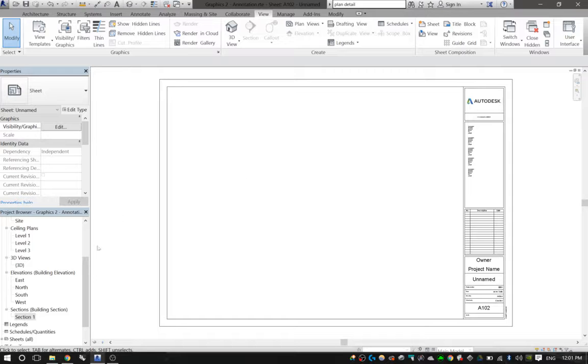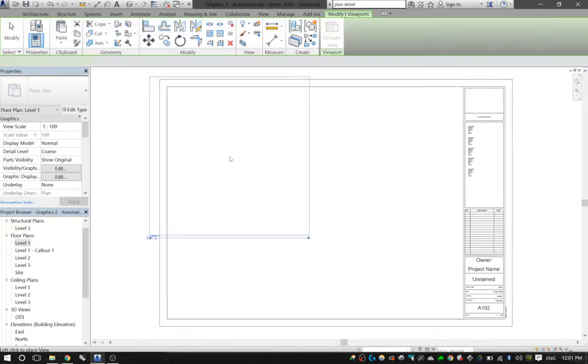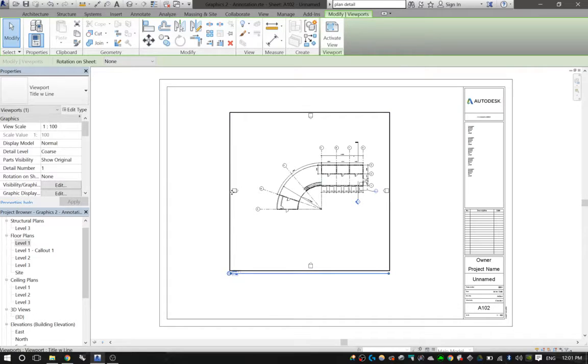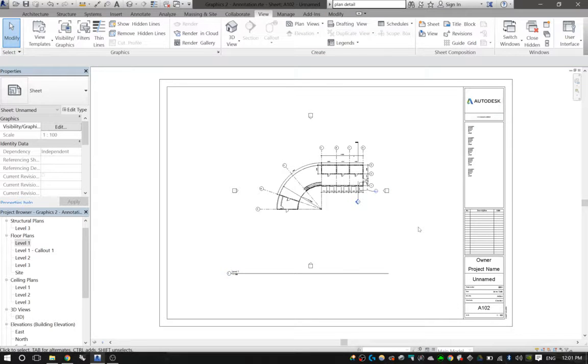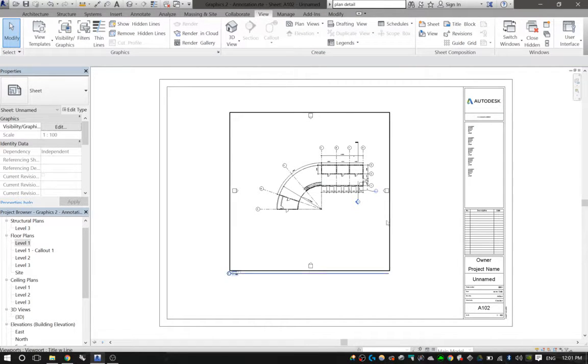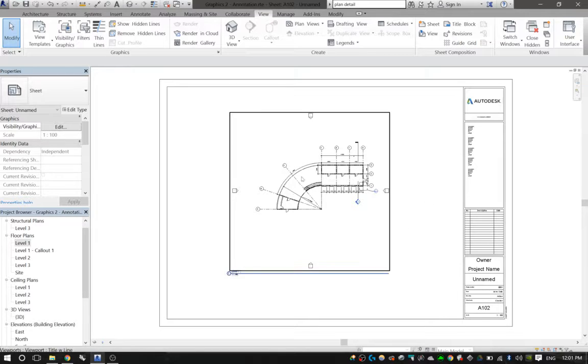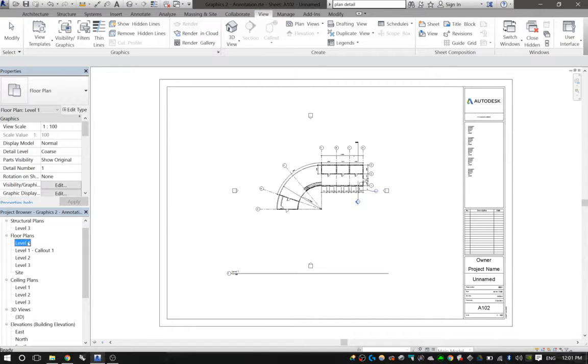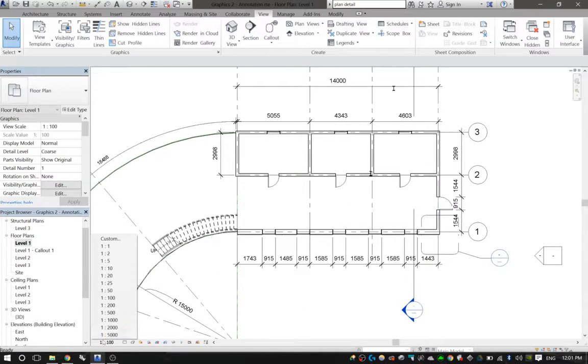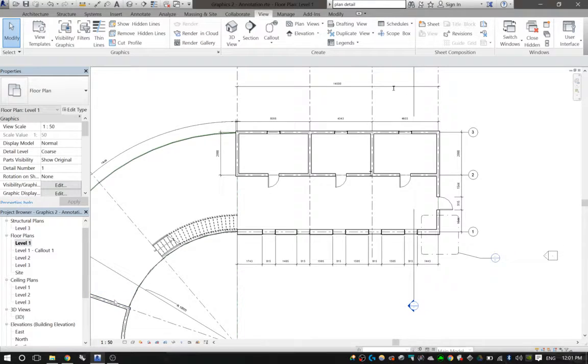So going as far as you guys are going on Sunday is really straightforward in Revit. I'm going to click and drag a floor plan. I'll just drag it in there. There you go. There's a plan of the building. This blew my mind the first time I did it. It's a little small for the sheet, so if we go back to our floor plan here and change this, let's say we want to make it 1 to 50. Now if we go to our sheet,